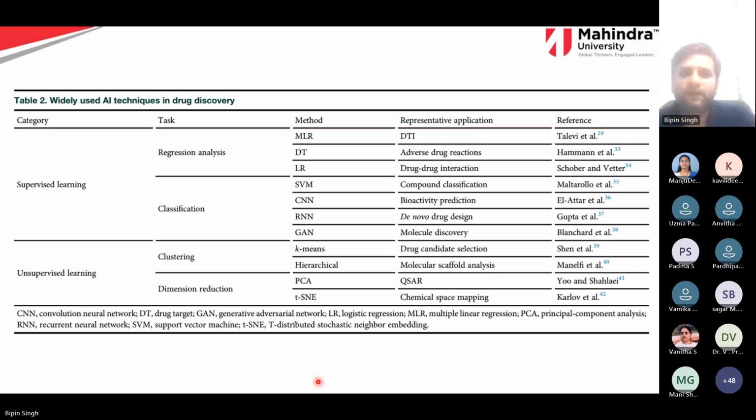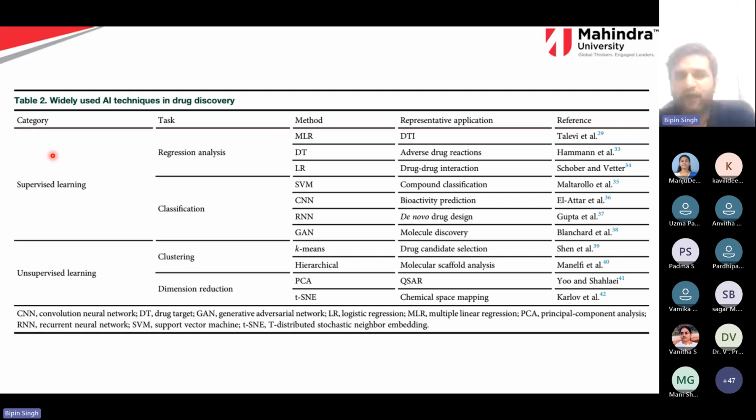So in general, when we talk about AI in machine learning, there are two kinds of methods which are used, something called supervised learning and unsupervised learning. So this is what people mostly try to use. So supervised learning, like